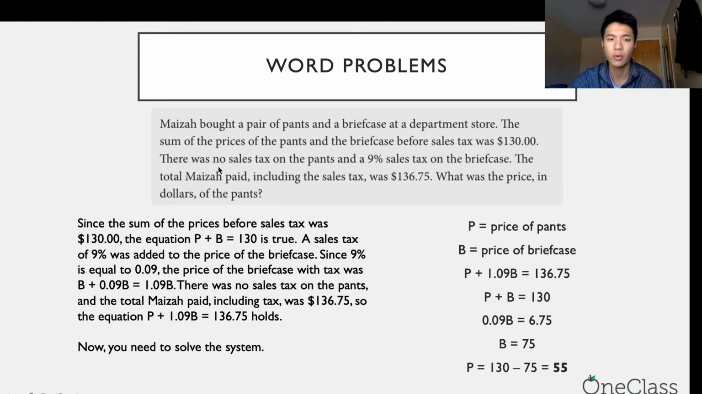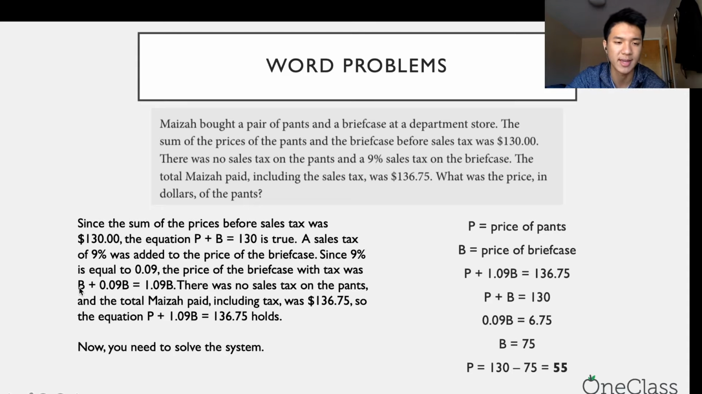So if the total that Maiza paid, including the sales tax, was $136.75, and we know that there is no sales tax on the pants and a 9% sales tax on the briefcase, what does that look like? No sales tax on the pants means it's still P. The post-sales tax price is the pre-sales tax price. So it's still P. And then a 9% sales tax on the briefcase is equal to